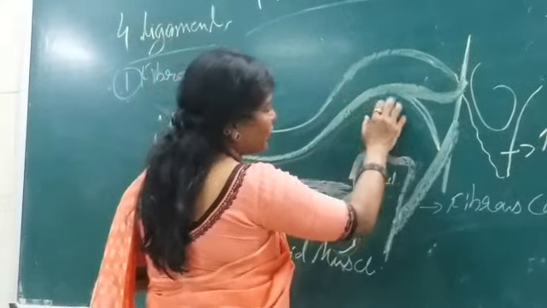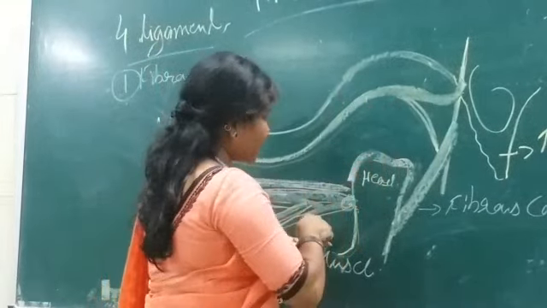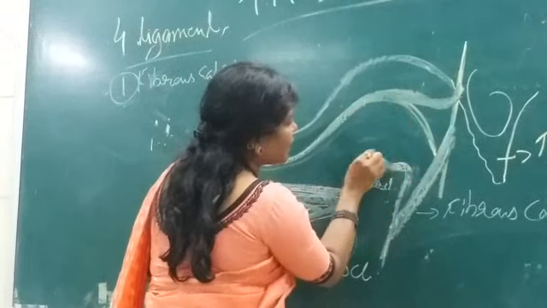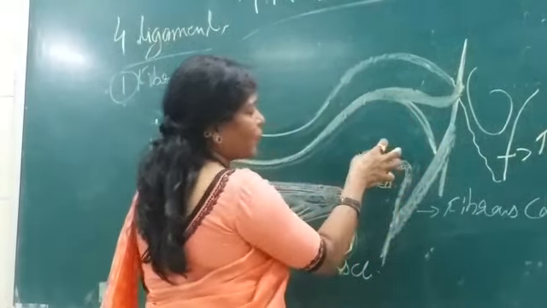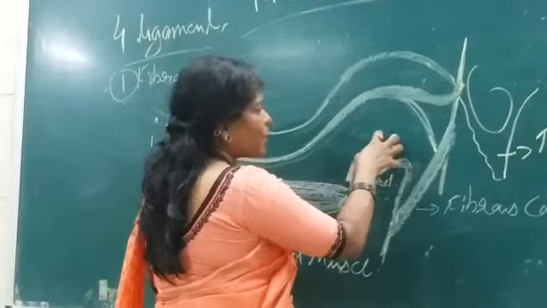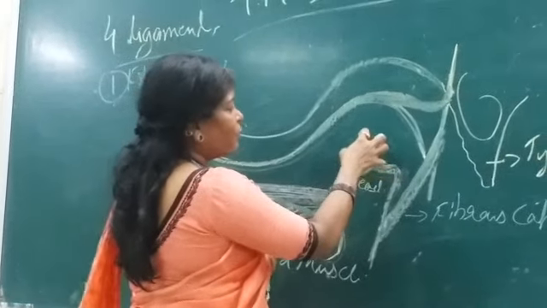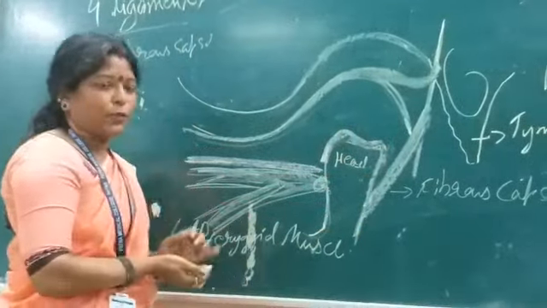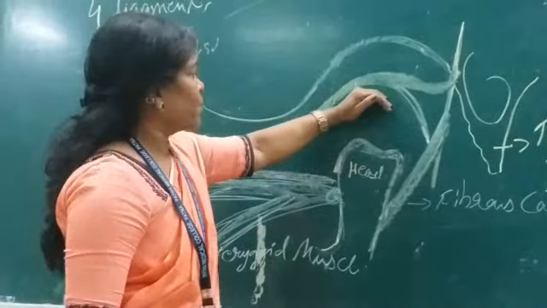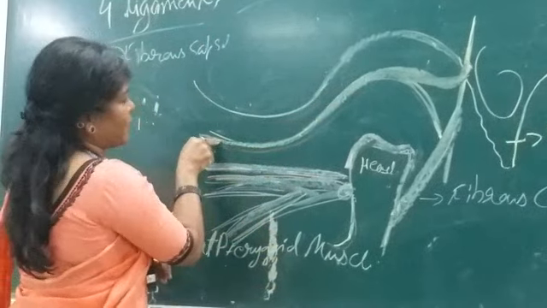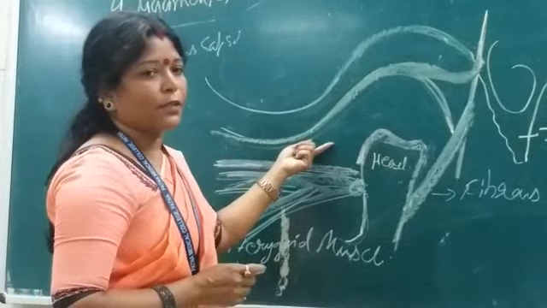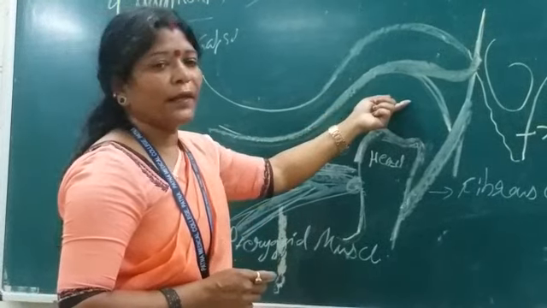Here there is convexity to enclose the concavity below to fit the head of the mandible. The convex part of the head of the mandible would fit here. That's why the fibrocartilage plate here is concave, and here again it is convex. Okay. So, this intra-articular disc has some components here.